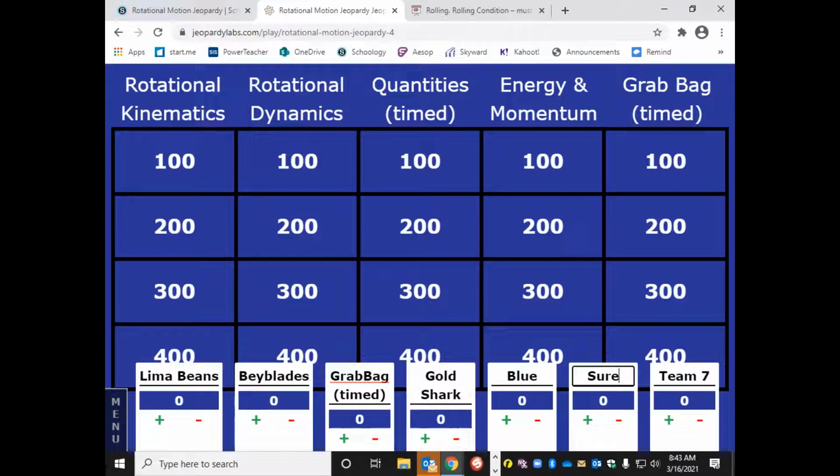That's right. All right, here's how this works. For all the categories that don't say timed, you're going to write your answer and I'll come around and check it. For the categories that do say timed, I'm going to put it on the board. I'm going to give you, let's say, 30 seconds to write on the board, and then you're all going to hold them up at the same time so that I can grade it. That's what happens for the timed columns. You can't lose points in this game. You can only gain points. And we will start with